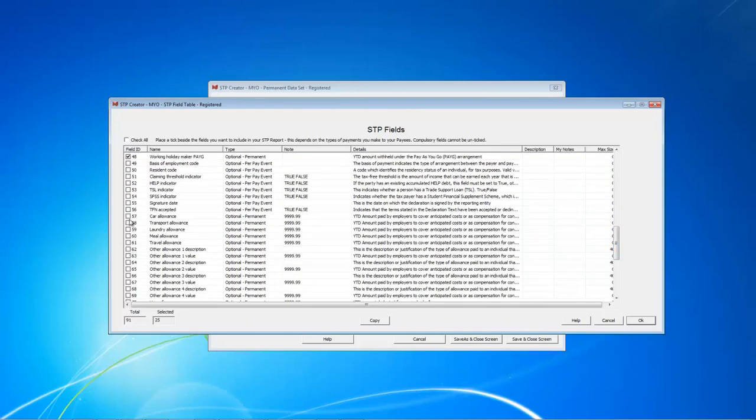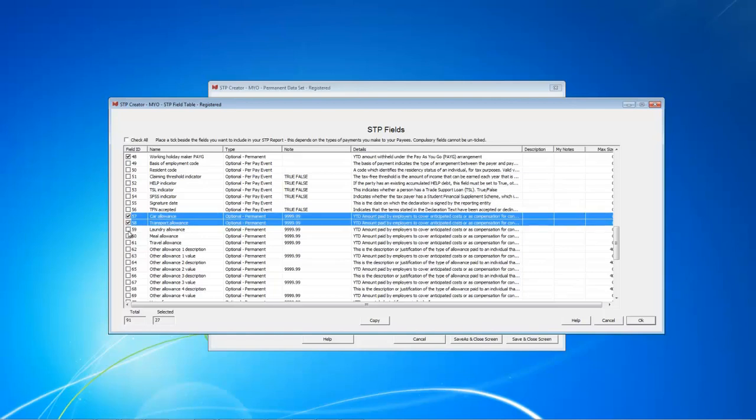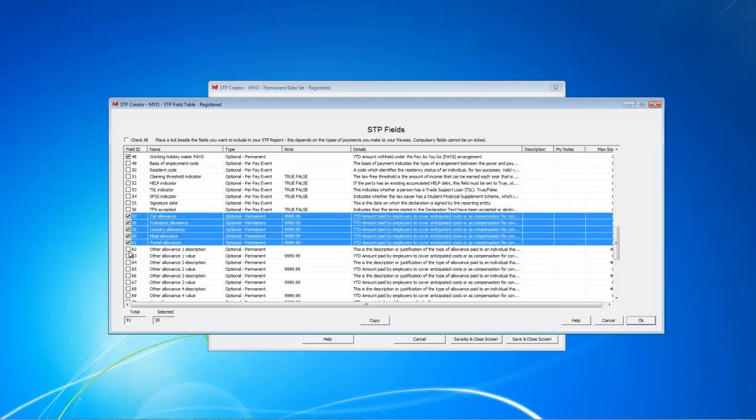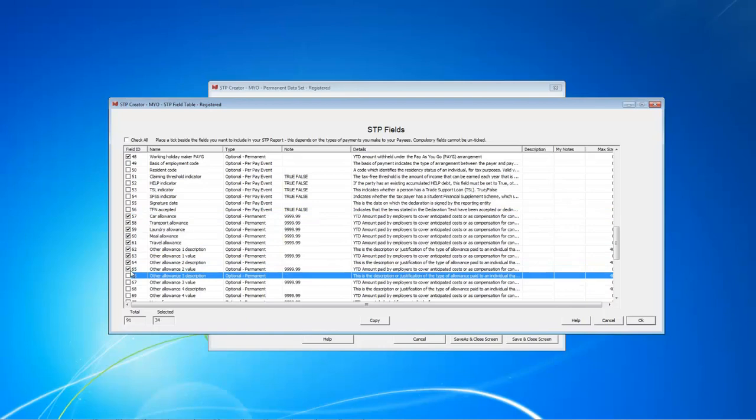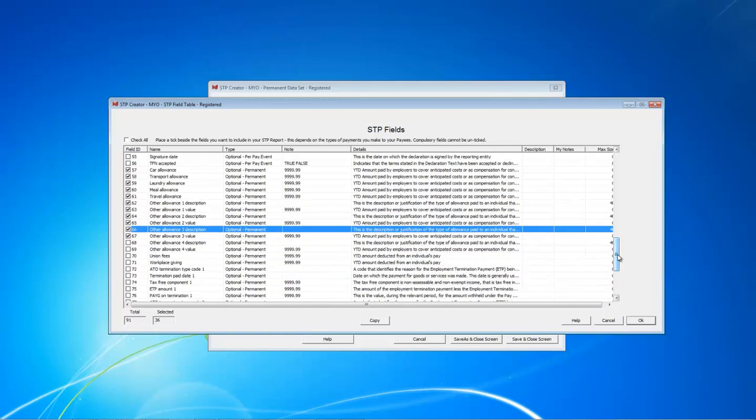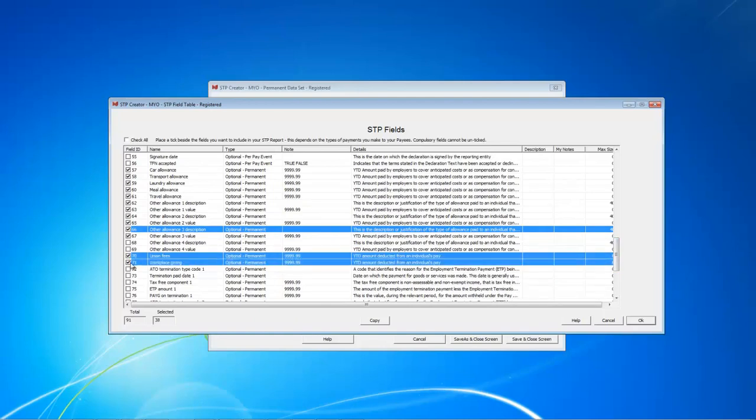Now we've got a number of allowances this time, so the 5 standard ones, plus we've got four others. We've also got union fees and workplace giving. And so now what you can see is we've got 38 selected